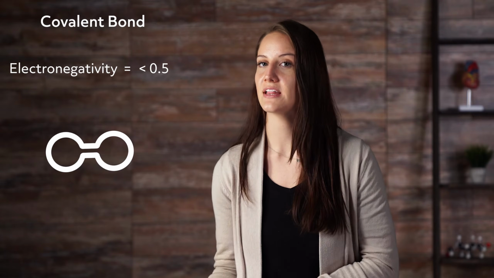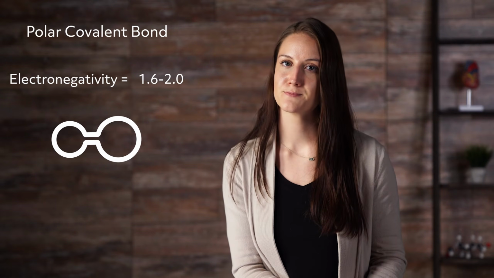difference in their electronegativities. For example, O2 is joined by a covalent bond because there is no difference in their electronegativities. If two atoms have a difference in electronegativity below 0.5, then they will be joined by a covalent bond. If the difference in the electronegativities of two atoms is between 0.5 and 1.6, then they will be joined by a polar covalent bond. If the difference is over 2.0, then the bond is ionic.